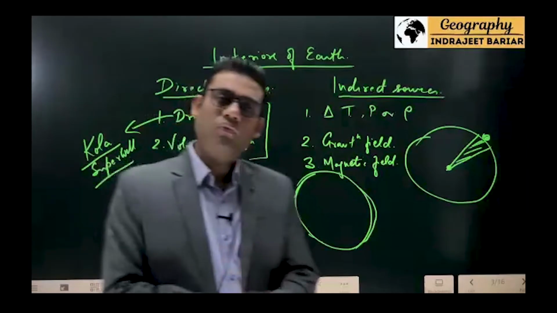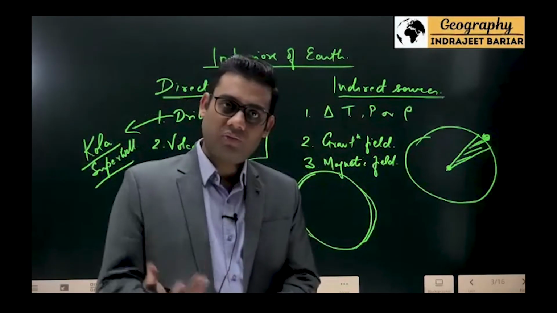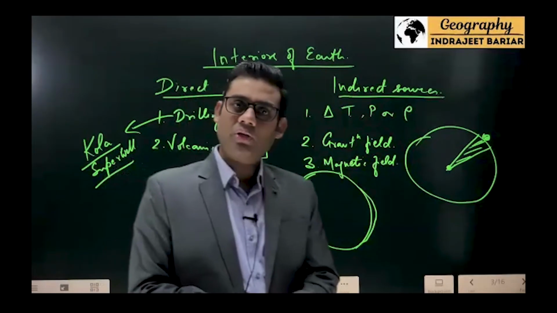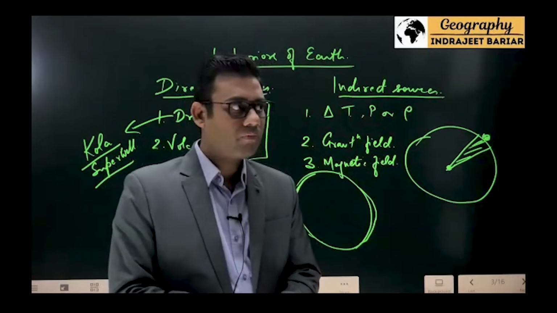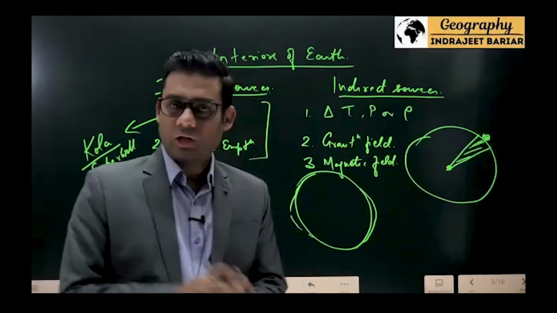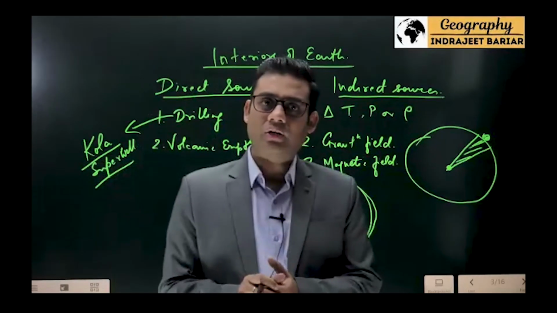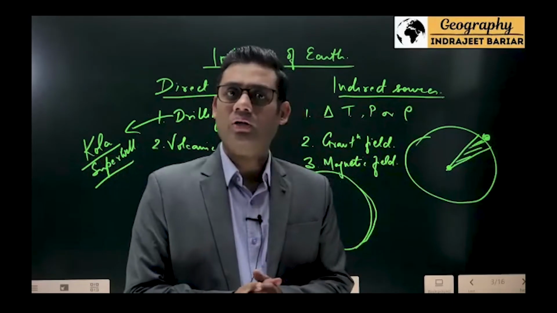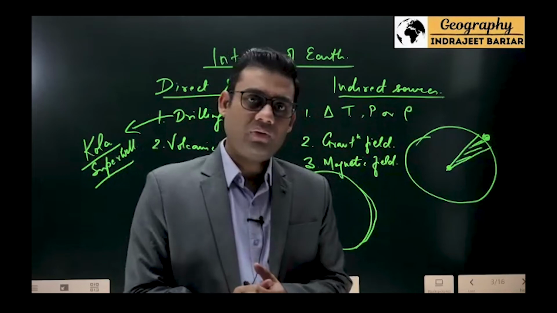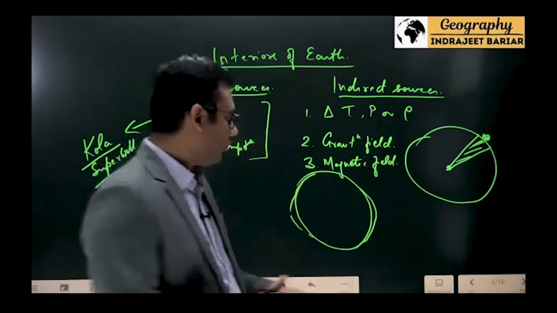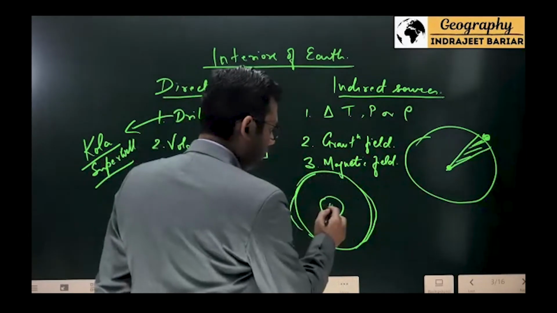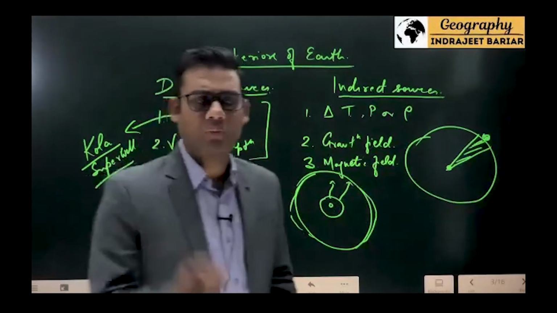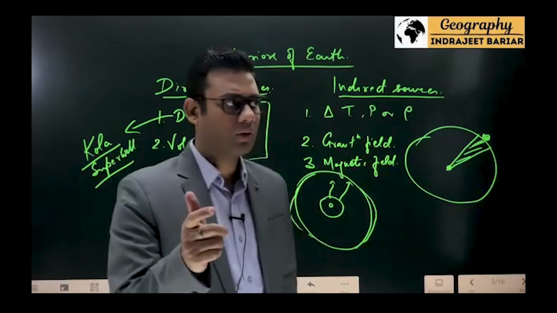A magnetic field, the magnetism of the Earth. The magnetism of the Earth emanates from the core of the Earth. So the arrangement between outer core and inner core results in the magnetism of the Earth. As the magnetic fields emanating from here pass through the interiors of Earth, their properties do change.